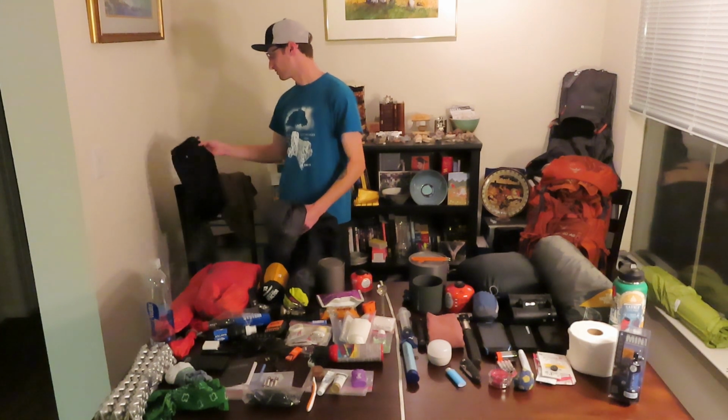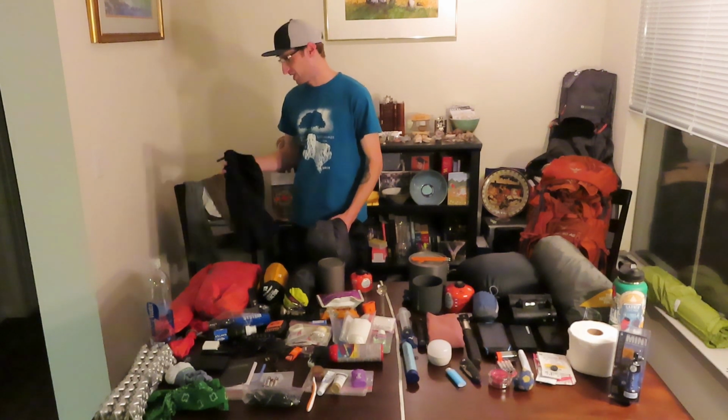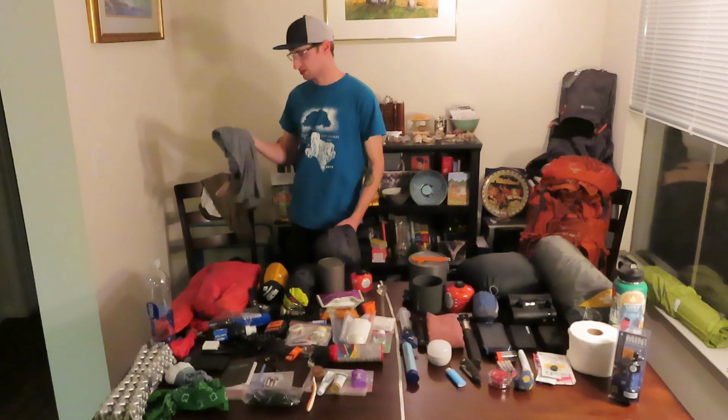I have my shorts. These are the Patagonia 9 Trail shorts. They're synthetic, super lightweight, and I think they have a liner in them made out of a capilene material, so it will wick away moisture and keep you smelling a little bit better, according to what they say. I have a synthetic shirt that's really lightweight,